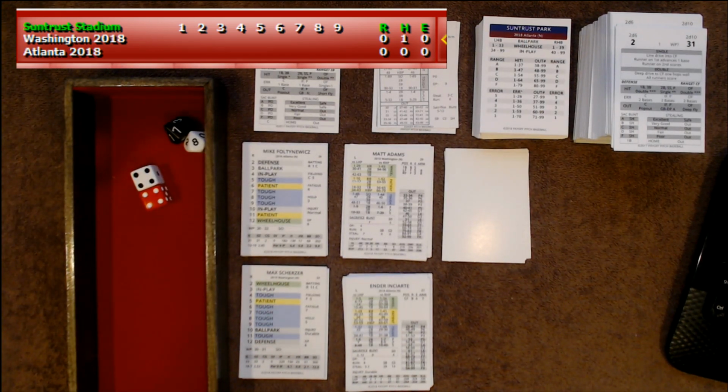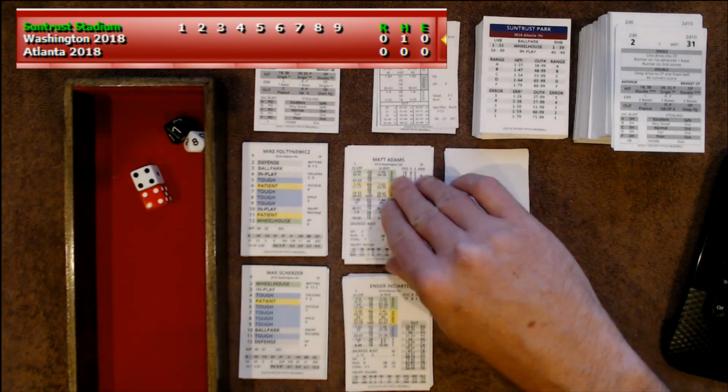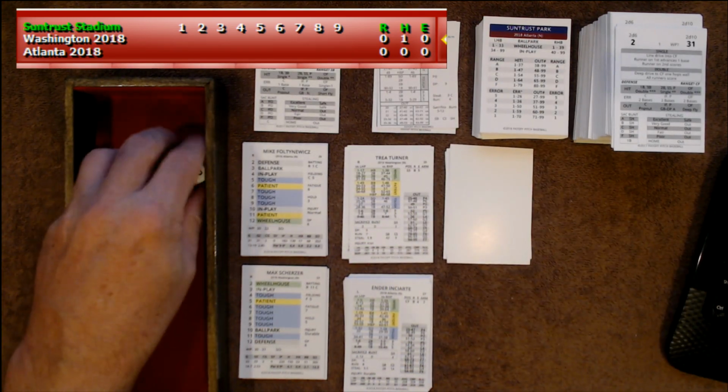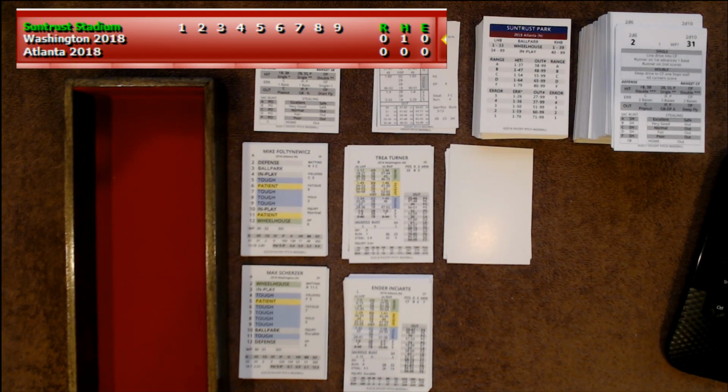It's going to be a play at first, so he's going to get a ground ball. And it's going to go to 6 out at first. And the runners will advance on the putout. So runners at second and third. And that brings up Trey Turner, 2 away here. We're in the top of the first inning.